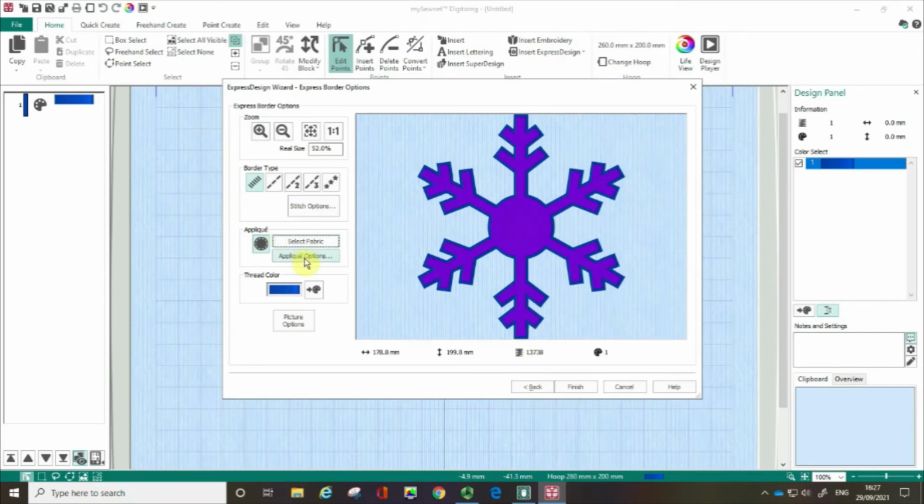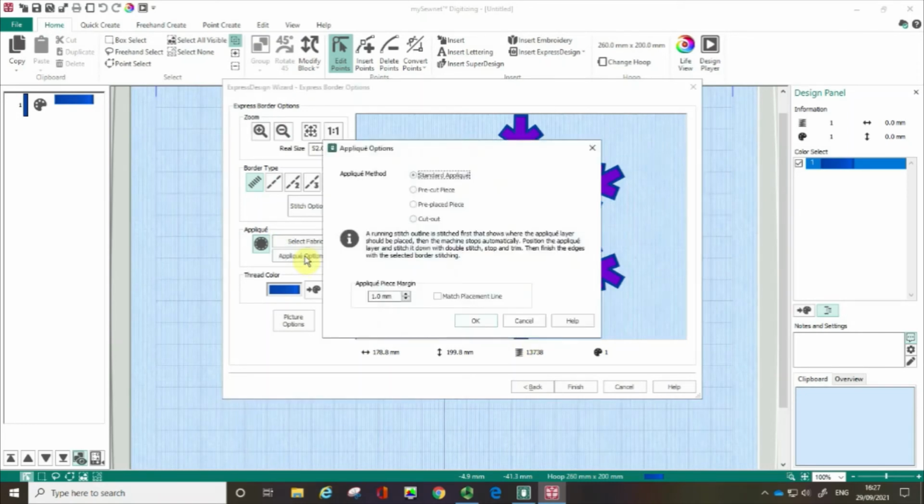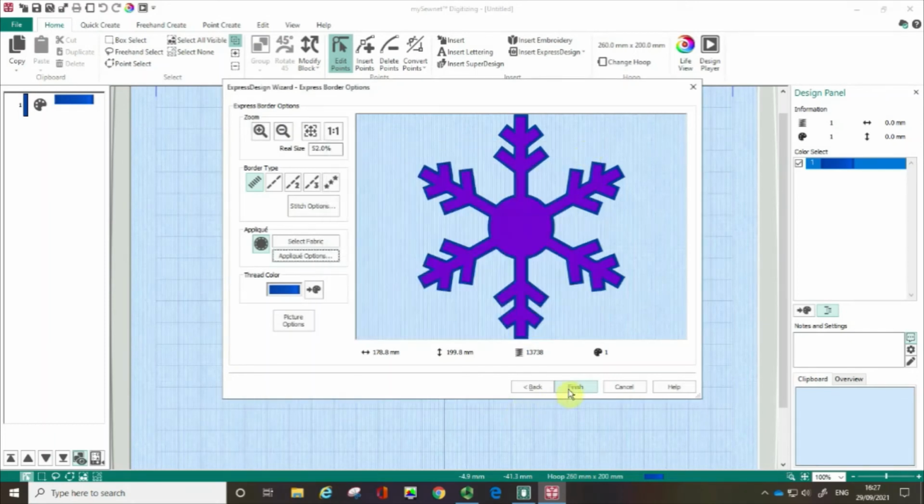If you wanted to as well, we've got applique options. So for instance, if you're using pre-cut out pieces or a pre-placed piece, there's even the potential there for actually using cutwork needles if you wanted to. But you can see the instructions are here for each of those different options to do with whether or not a placement line goes in there, those kind of things. So you can actually be really quite detailed. So I'm going to then click finish,